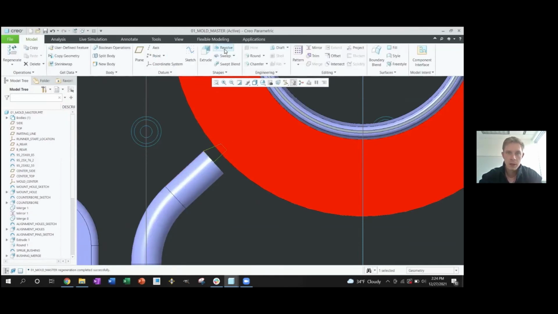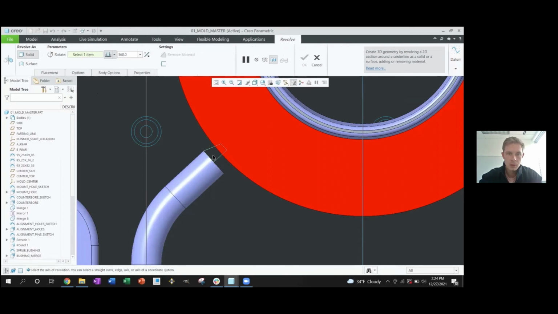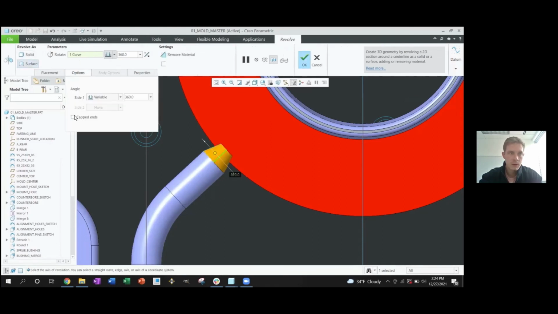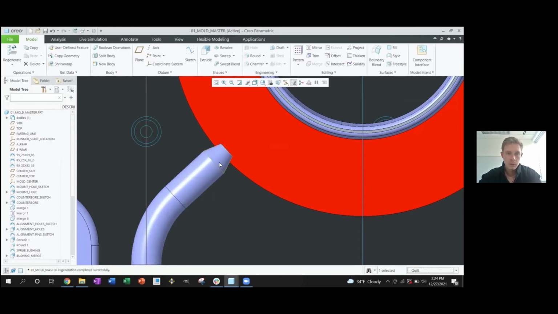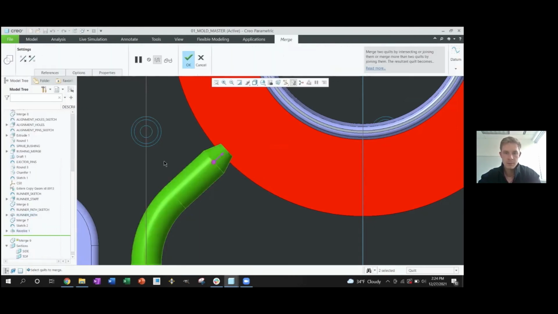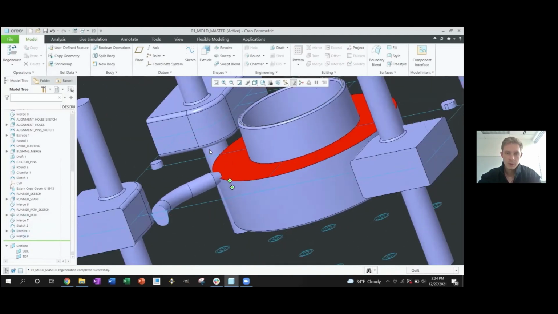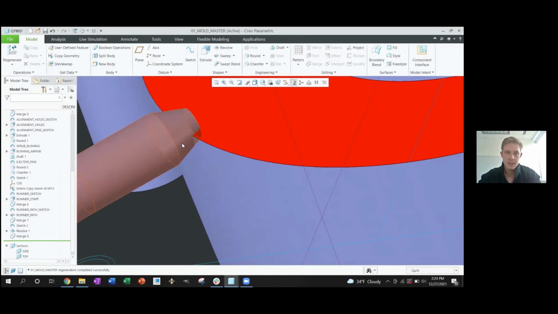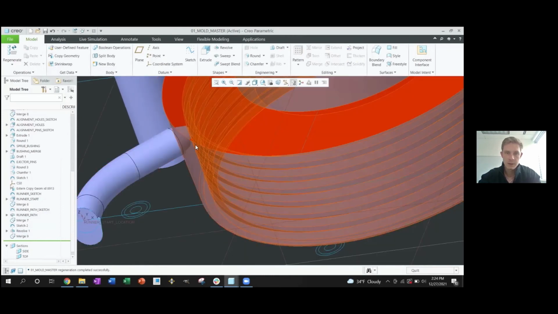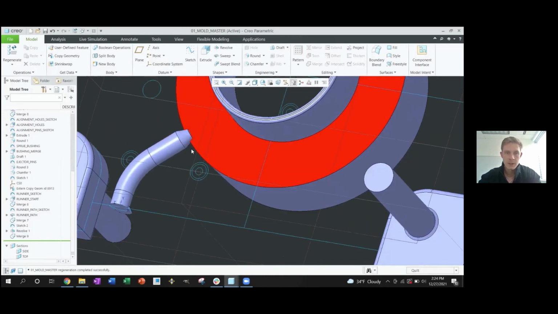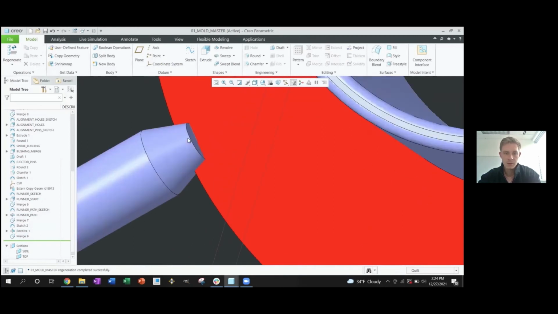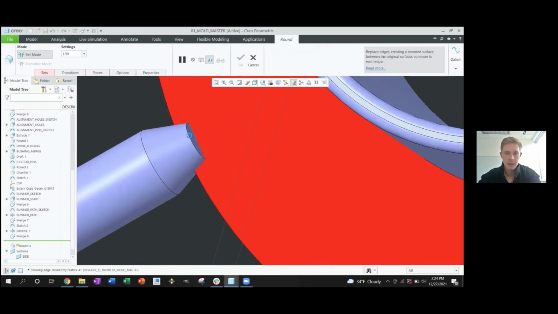So we'll go ahead and revolve this feature about the center line. We'll merge this with our runner system. 1, 2, boom. Okay, so we can see that the gate itself, it's only going into the bottom half of the part. So the last thing we're going to do here is we're going to add a radii on this top angle. So we'll go with